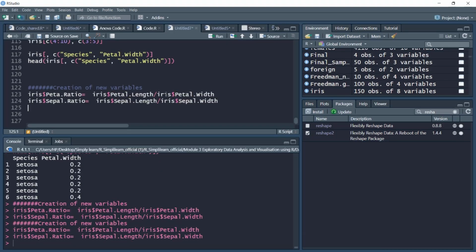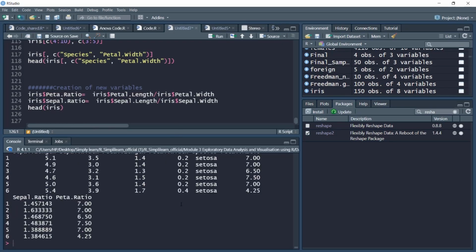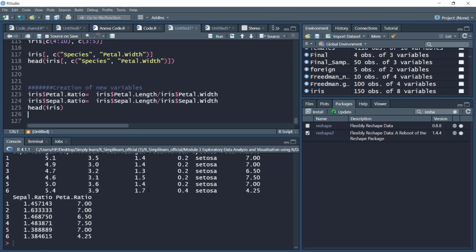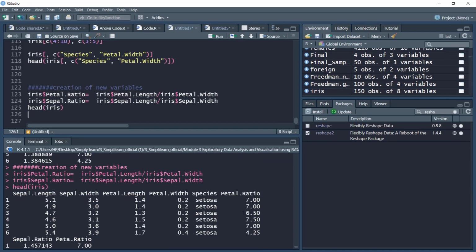Now if I check the header, I will find that new columns are added. You have sepal ratio and petal ratio available. There's a minor spelling mistake which I need to correct. So you get the sepal ratio and petal ratio variables there.